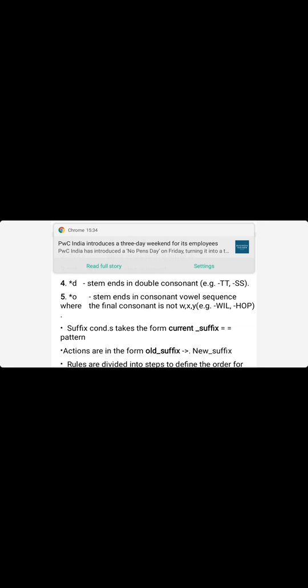This can be measured as follows. If m is equal to 0, examples are tree, y. If m is equal to 1, examples are trees, whose. If m is equal to 2, examples are prologue, computer, displayed. So the first case, m equal to 0, covers the null words.